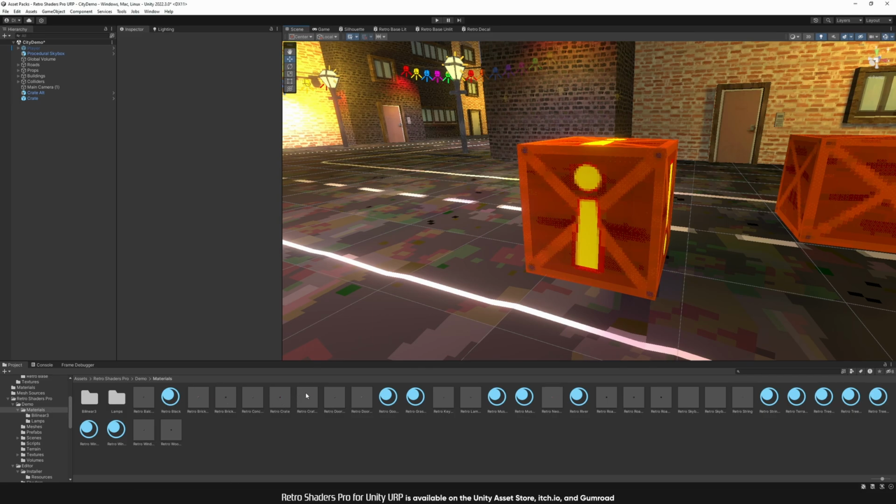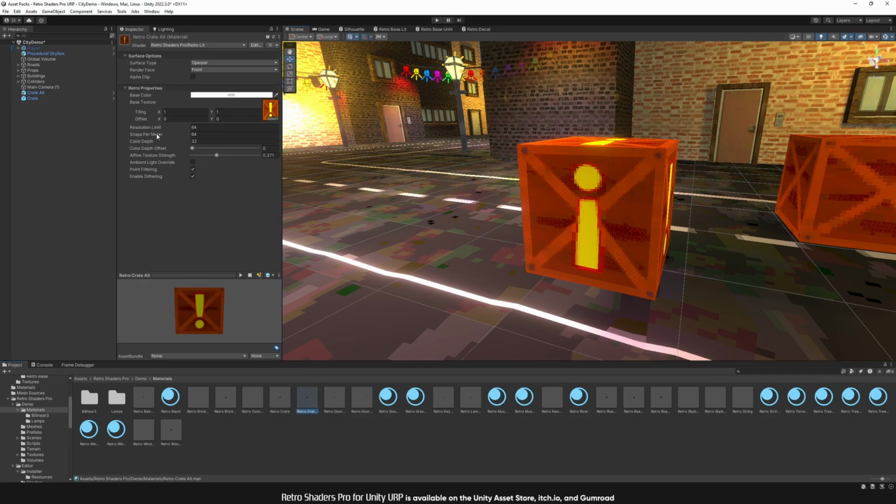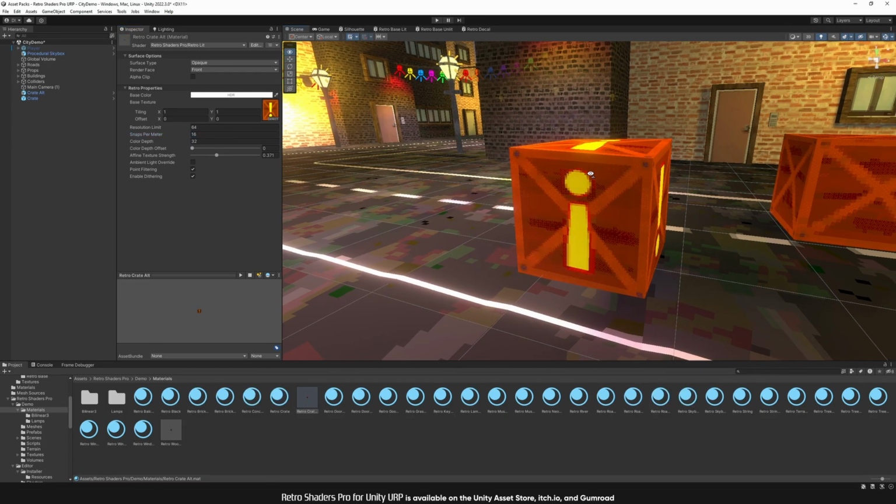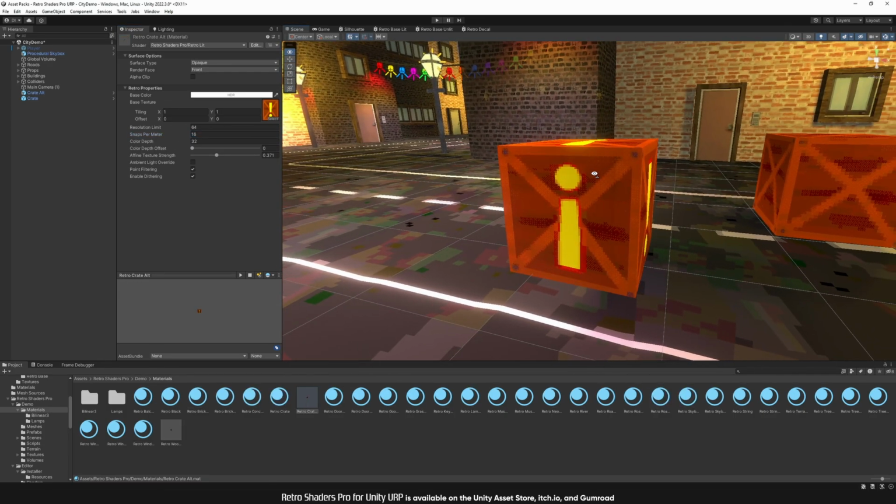If I find that material again, I can turn this down to something ridiculously small like 16, and now we'll see the snapping's a lot more aggressive. But I'll keep that at 64 because it's a lot more natural. Next we have the color depth. By default, most